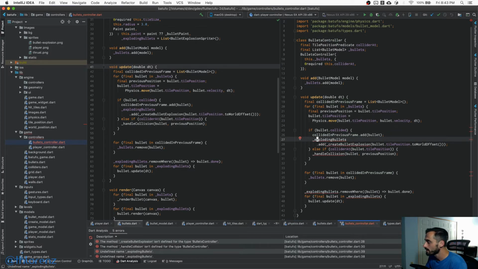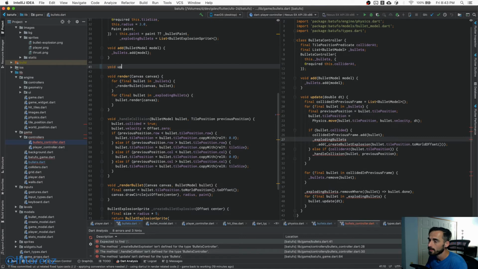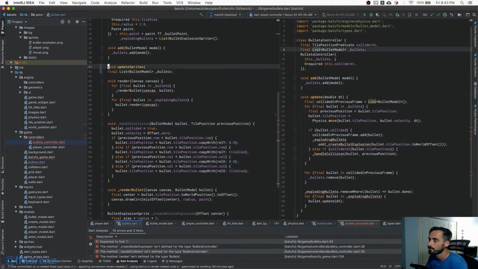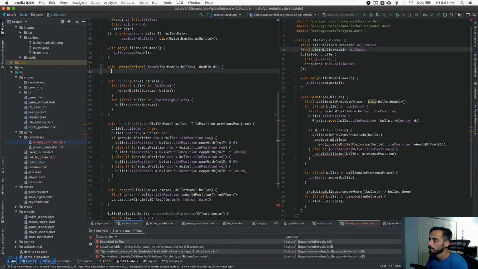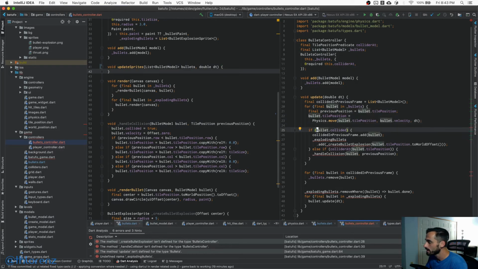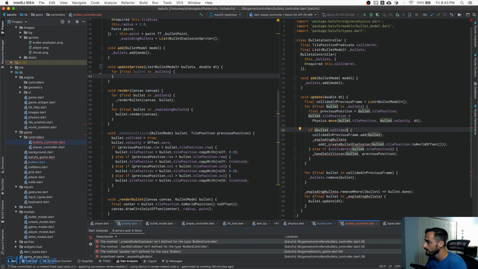So now the exploding bullets.add, right? And that needs to be actually part of this update method. So let's actually remove this one. And so void update, right? And it takes the bullets. This one basically takes a list of bullets, the one that we maintain in the controller, and then also takes double DT. And now basically what we do here is we go through the bullets like we do here, and then if bullets collided,